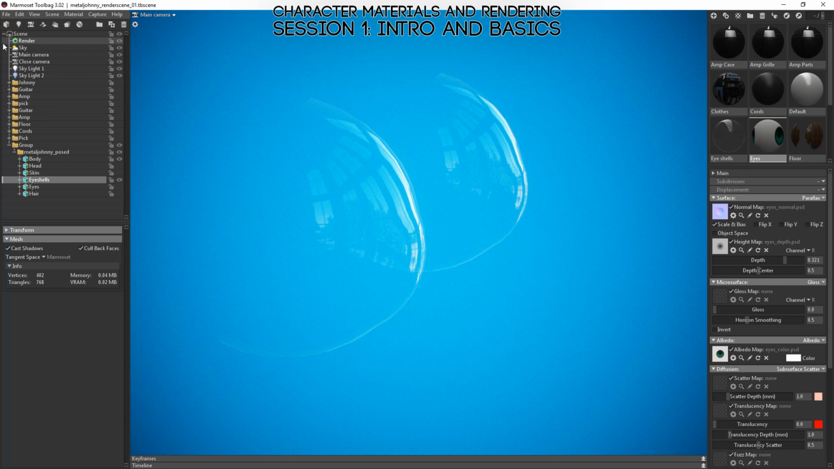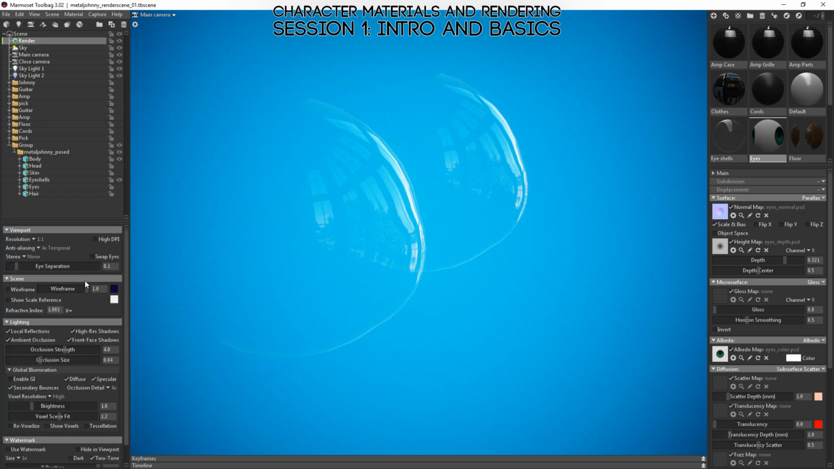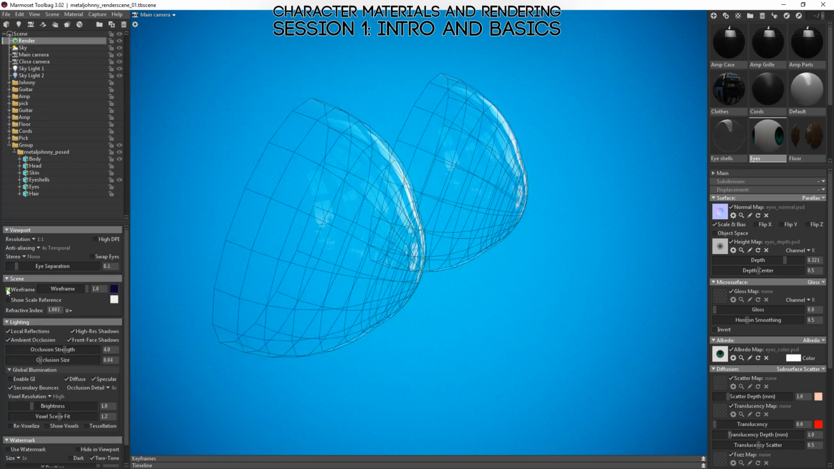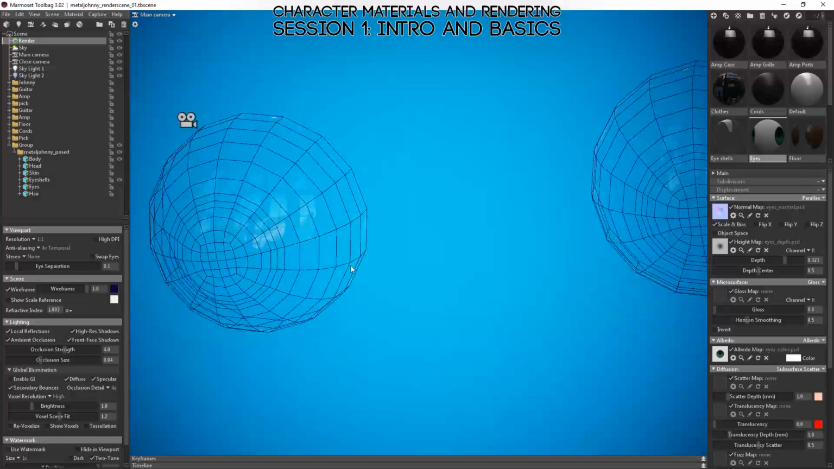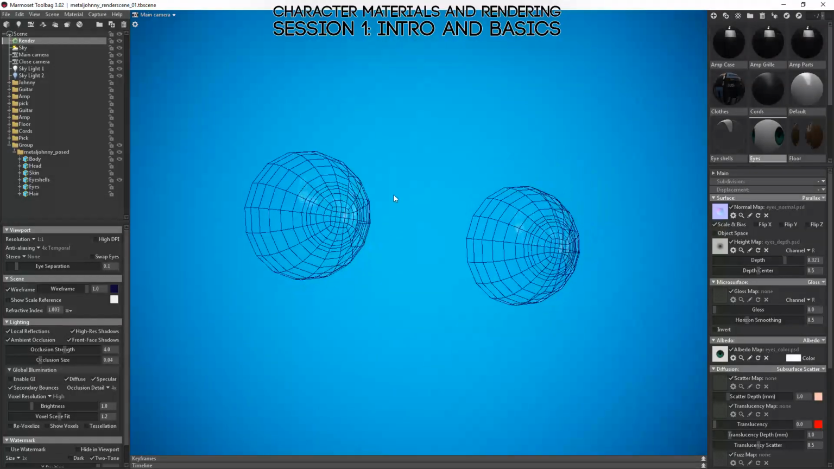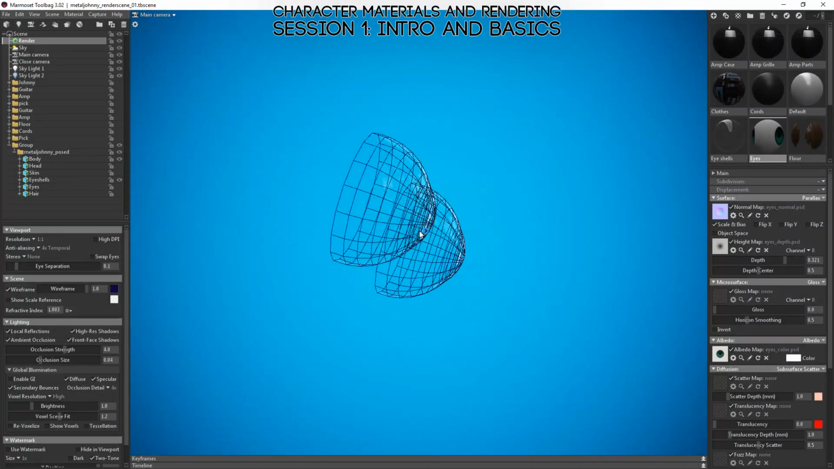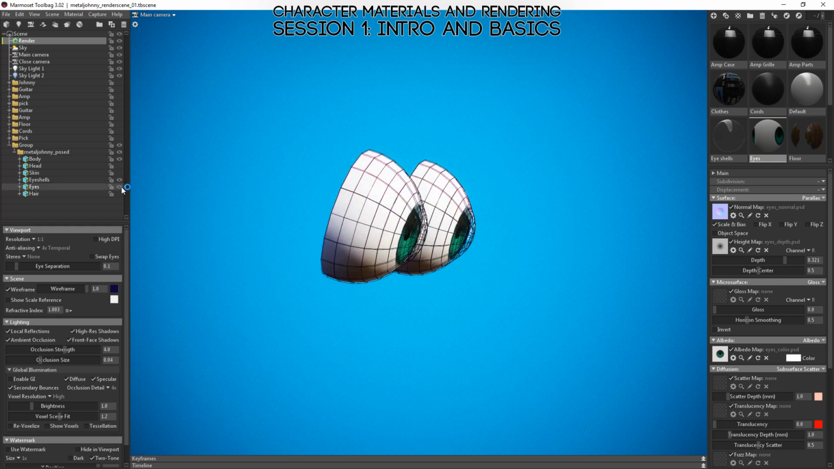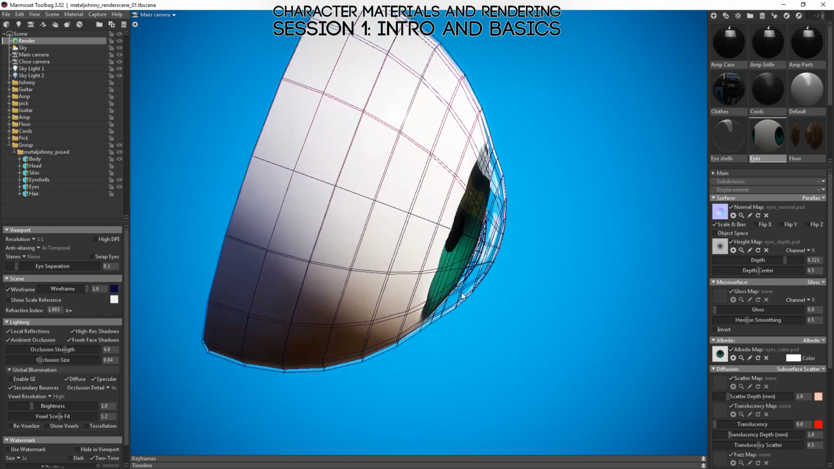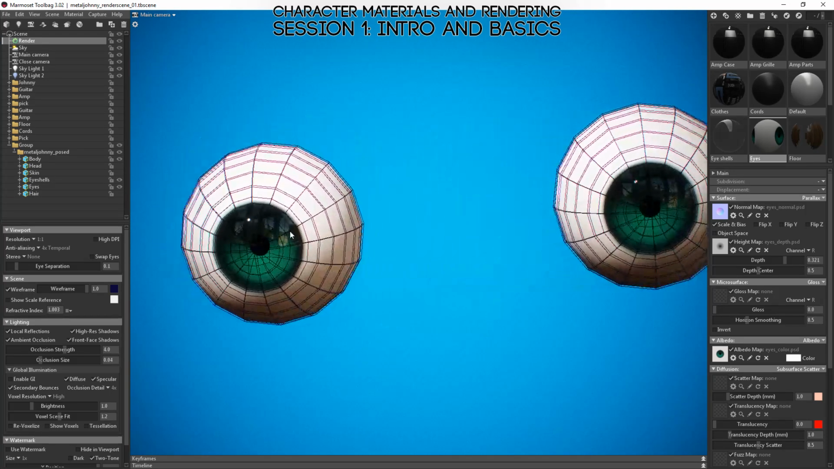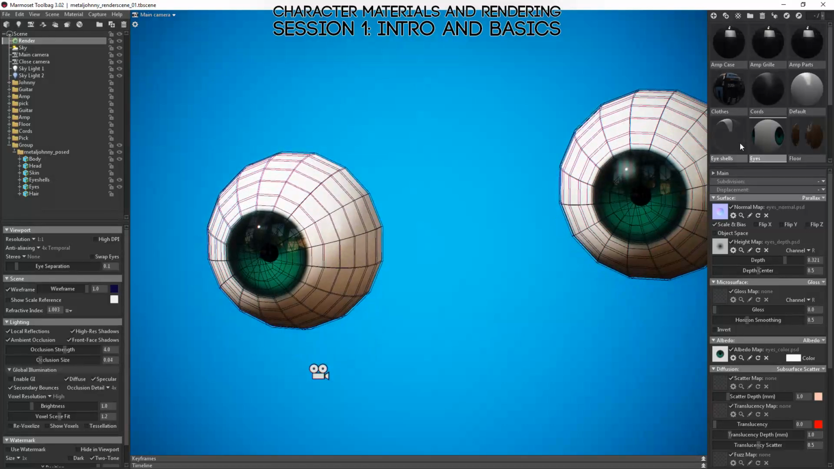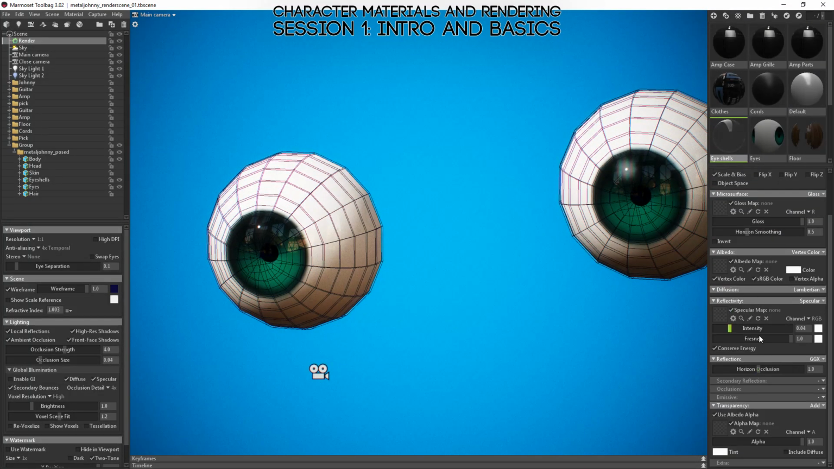Let me turn on wireframes, and you can see, oh, well, I just have some duplicates of the eyes that have been pushed out a little bit. They're a little bit shiny. They go over the surface of the eye. And these are actually in